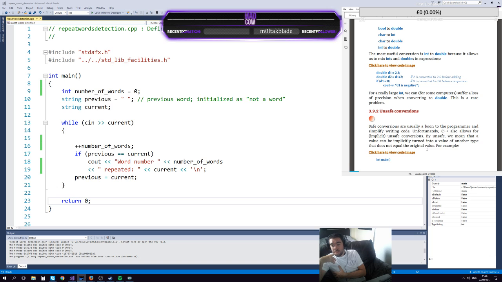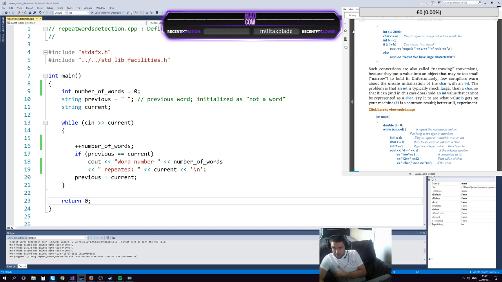Safe conversions are usually a boon to the programmer and simplify writing code. Unfortunately, C++ also allows for implicit unsafe conversions. By unsafe, we mean that a value can be implicitly turned into a value of another type that does not equal the original value. For example, int main, int a equals 20,000, char c equals a, int b equals c. If a does not equal b,